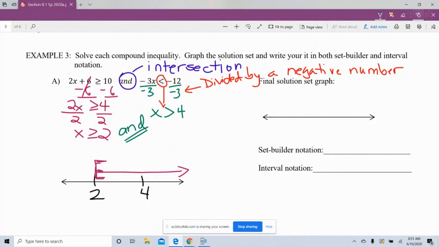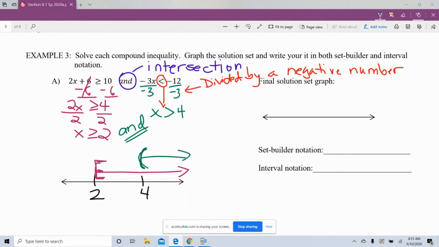Okay, and this time I'm going to graph the solution set of x is greater than 4. So numbers that are greater than 4 will be numbers that are to the right of 4. Again, this inequality symbol, greater than, can actually be thought of as a directional arrow telling you to shade to the right because it's pointing to the right, but that's only because the variable came first. So I'm going to shade to the right